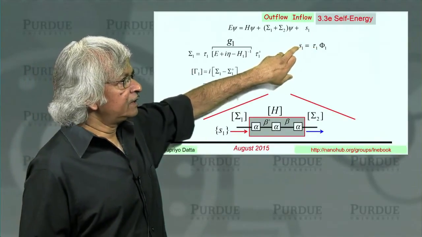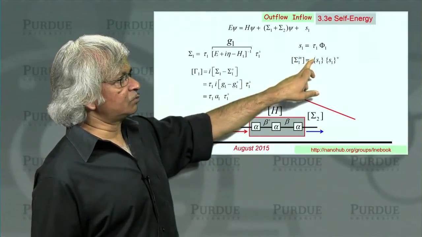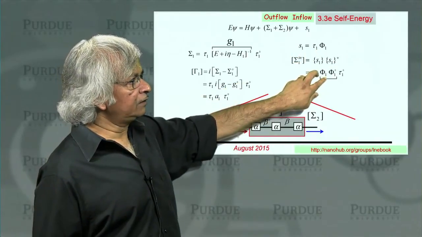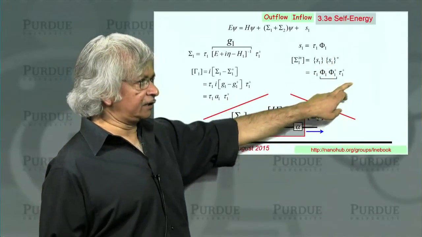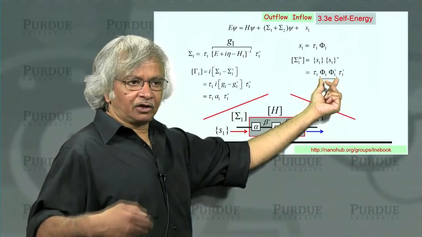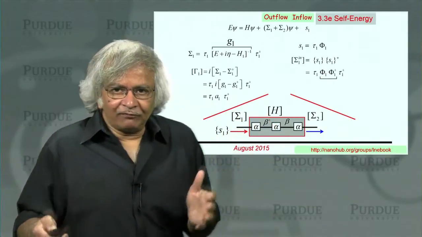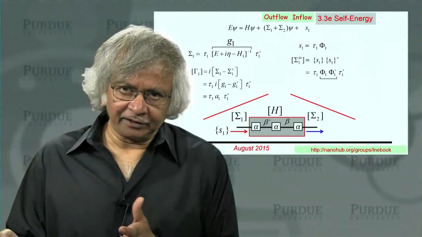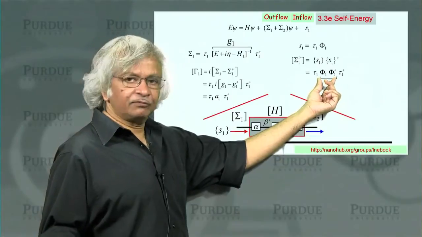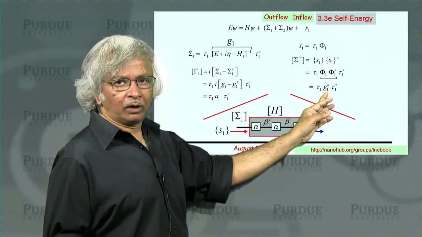If you remember, we have this expression for this S1, and the sigma in is S1, S1 dagger. So you can put it in. S1 is tau 1, phi 1. And S1 dagger is phi 1 dagger, tau 1 dagger. And notice that what's here is like the electron density operator in contact 1. Remember, phi was this wave function that you had in contact 1 before you connected it. So this is like what you had in contact 1, the electron density, before you connected things. And so that you could write as Gn for contact 1.